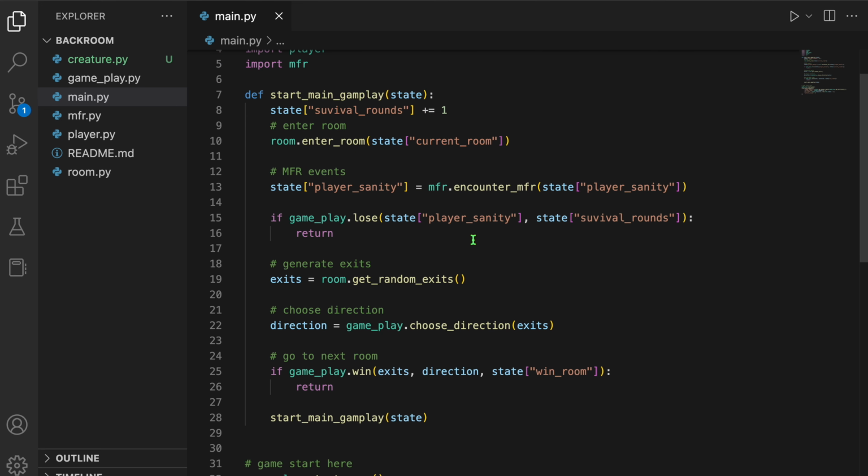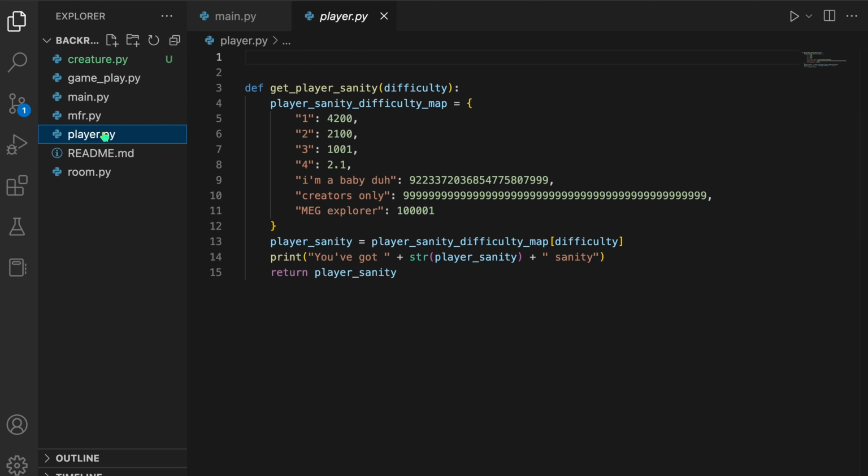So all those things are like properties of a player, right? So like the player sanity, the player survival, how many rounds, what's the current room the player is in. All those things are like properties of a player, right? So if we can have a player object that maintains those things for you, keep those states in the player instead of the game loop, that will make this cleaner. Yeah. So we can start from the player